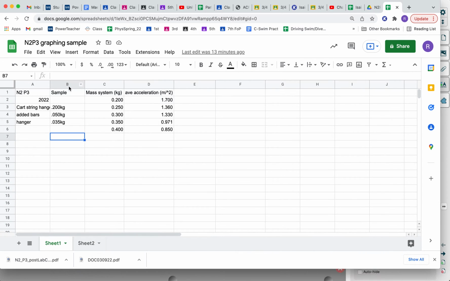Well, here's the sample. Again, the mass of the cart, string, and hanger was 200 grams or 0.200 kilograms. The additional mass bars were 50 grams apiece or 0.050 kilograms, and we were pretending that the mass of the hanger is 35 grams or 0.035 kilograms. So the total mass of the system I've put in this column. Make sure that you have the name and the units in the title and only values here, and then you'll